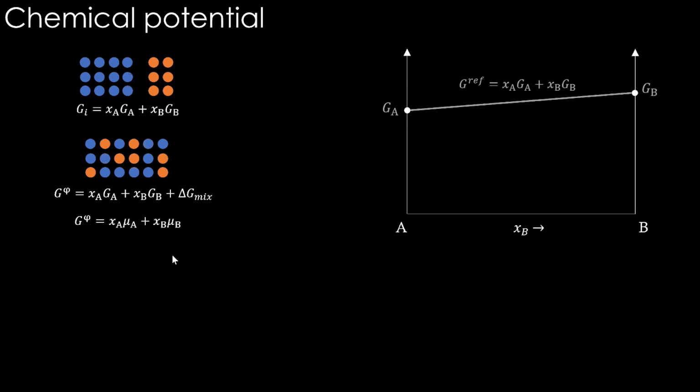Now what if we change the composition? In this case, you can see the amount of A and B is not the same. X_A and X_B are now different. They are not 0.5 anymore. Now for that composition, how do we understand this chemical potential? Now this is not at the center, it is somewhere on the left-hand side now, an A-rich composition. There, the mechanical mixture Gibbs energy is going to lie here, the reference state Gibbs energy.